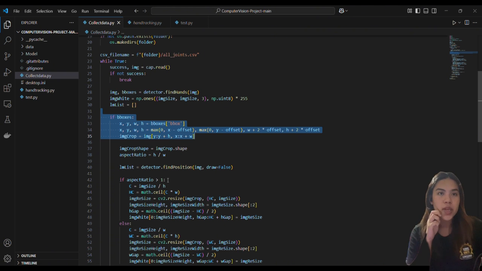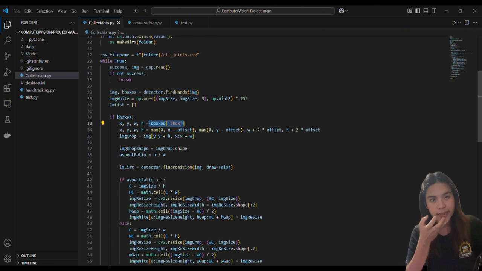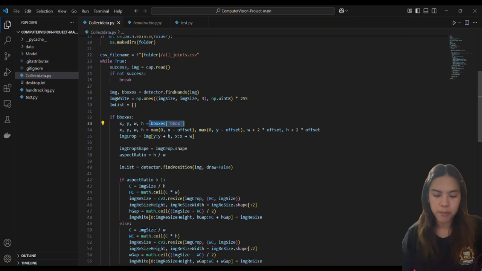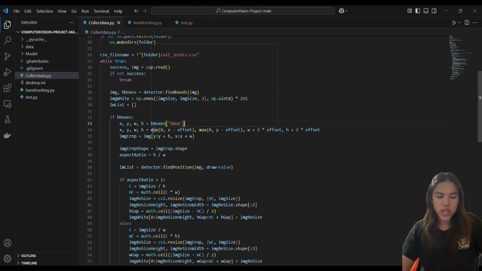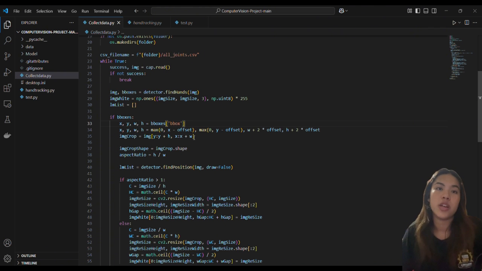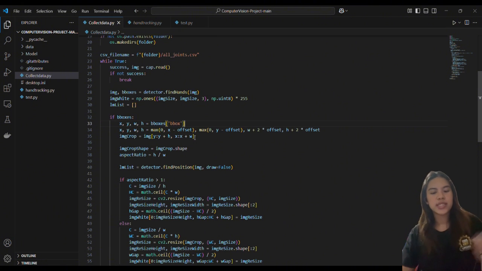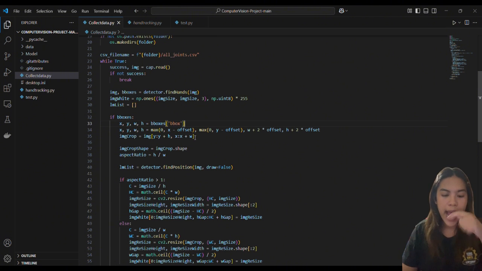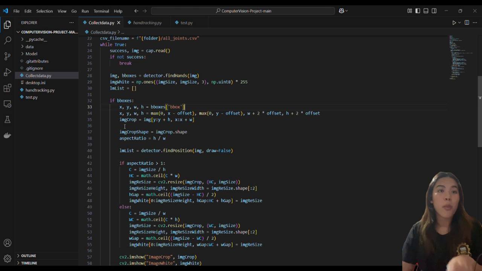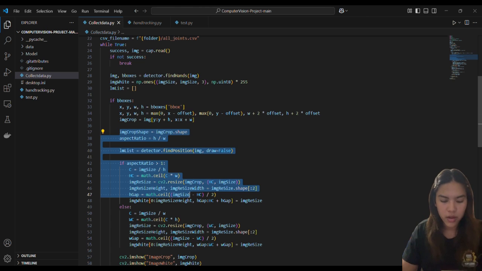So the BB box, what is BB box? This one, BB box, extracts the boundary box coordinates of the detected hand, and then XYWH adjusts the boundary box with padding, and the image crop takes the hand region from the frames. Okay, so the next one is resize and maintain the aspect ratio, which is from image crop shape here until